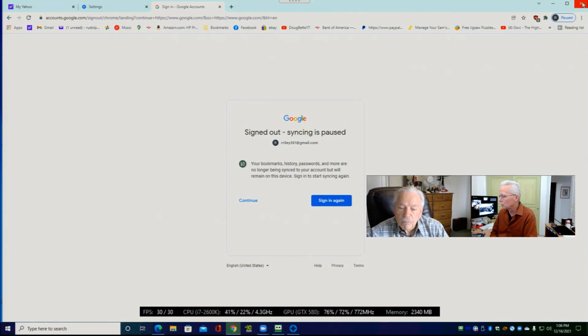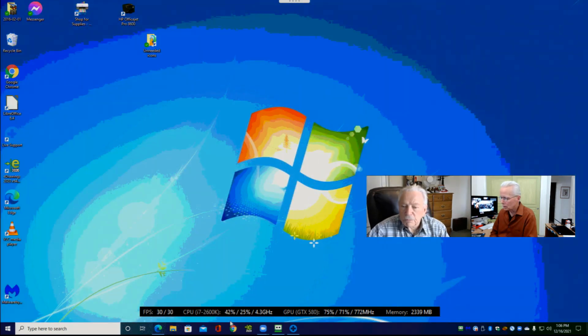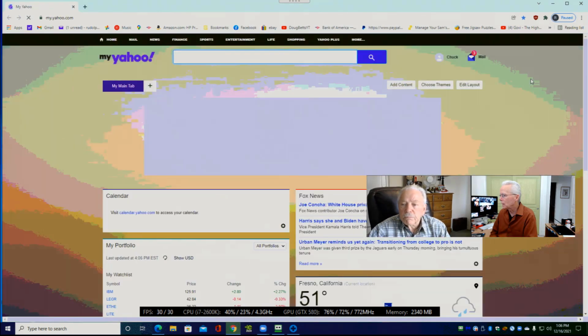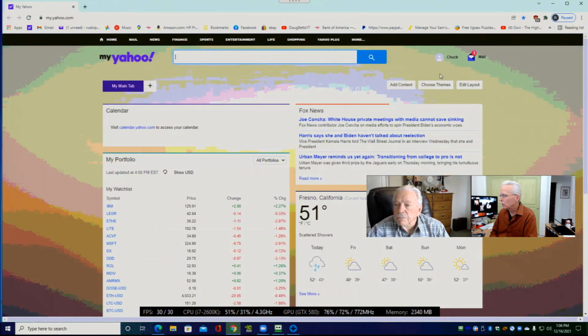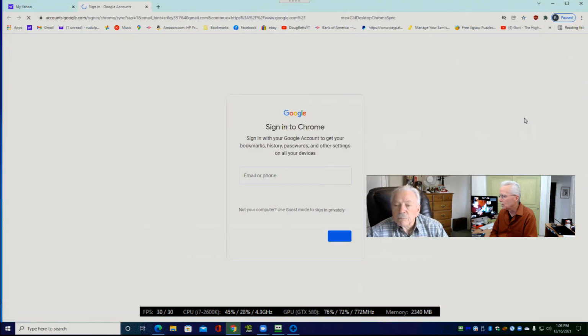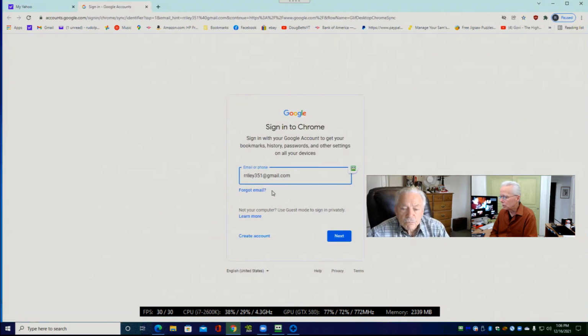So I'm going to close Google Chrome and then reopen it, and it should still be in a paused state. Yeah. And your Yahoo still came up, and we can click on this paused and then sign in again here, and it has your email address.